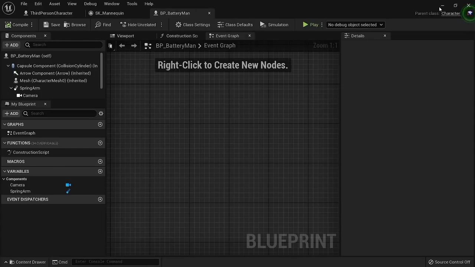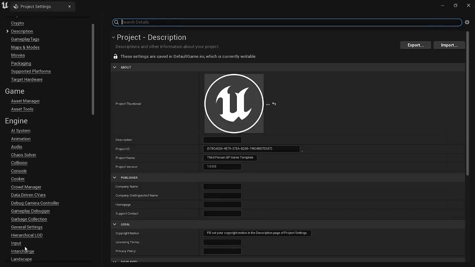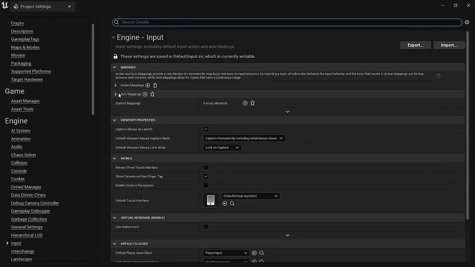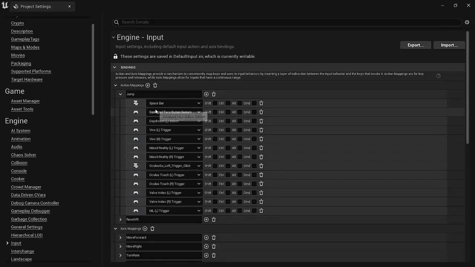So if I minimize this window, go to Edit, Project Settings, I have my input part over here. I have two types of bindings: one is the action binding, action mapping, and one is the axis mapping. Action mappings are pretty self-explanatory. I just have my spacebar over here. I'm actually not going to bother adding it. Our game does not have any jumping mechanics over here, so we're not going to add any jump,